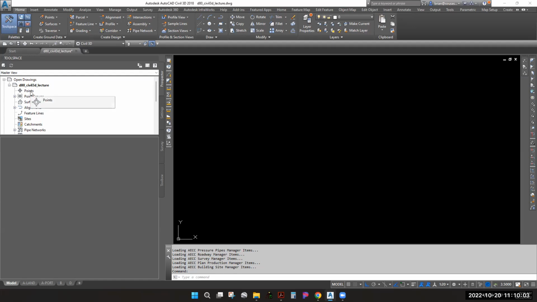So in Civil, we have what we call points. Points are points of information that a surveyor would collect in the field and bring back into the office. We bring it into Civil 3D and it becomes organized within this points area of the tool space. Point groups,